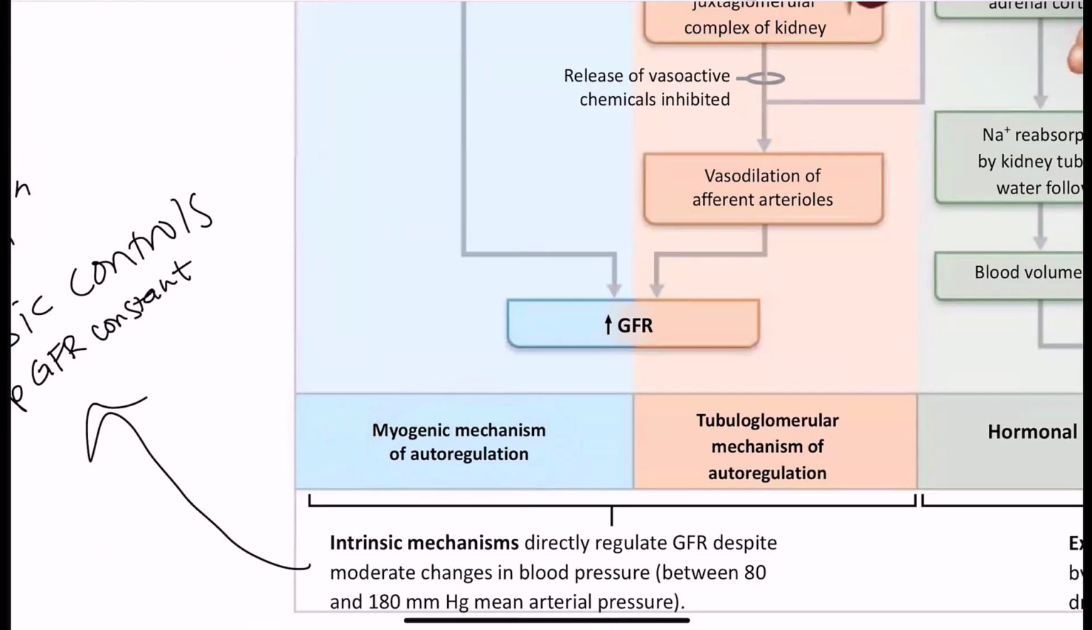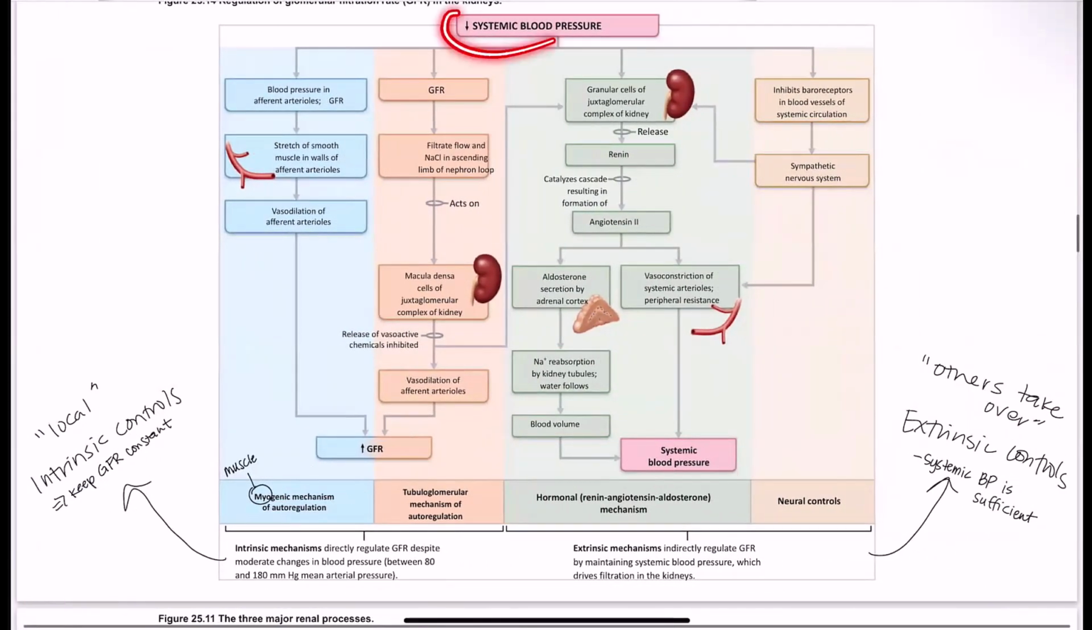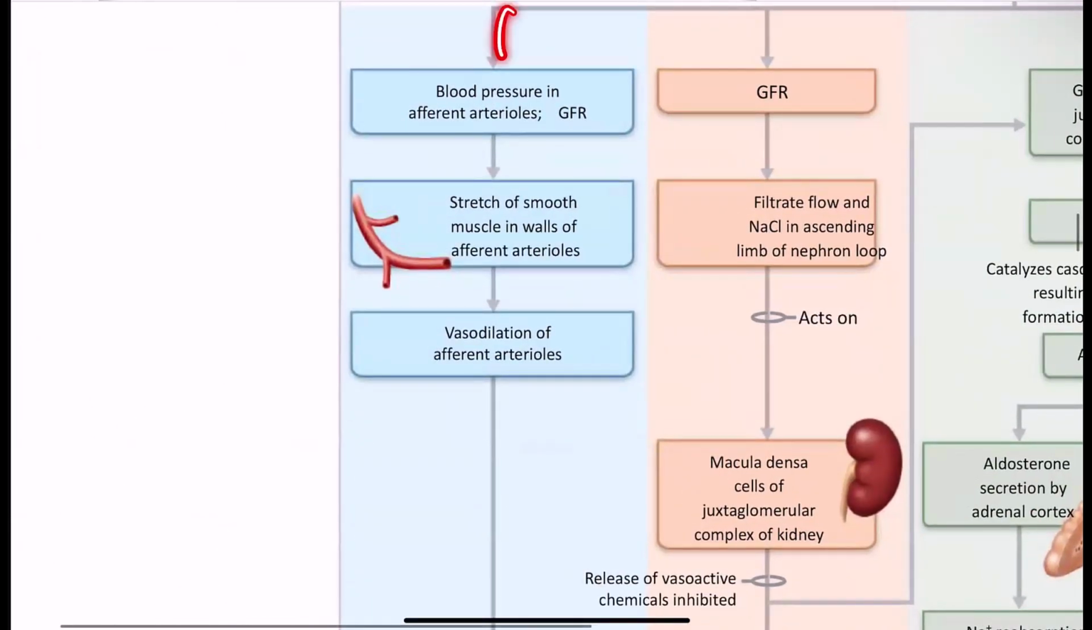Myogenic mechanism. I think of that word myo. Myo means muscle. So we're targeting some kind of muscle there. And that makes sense because it deals with smooth muscle, okay? So when we're thinking about if the systemic blood pressure were to fall, what would happen is that blood pressure in the afferent arterioles would decrease. If that blood pressure in the afferent arterioles decreases, this also decreases GFR because there's less pressure pushing blood into